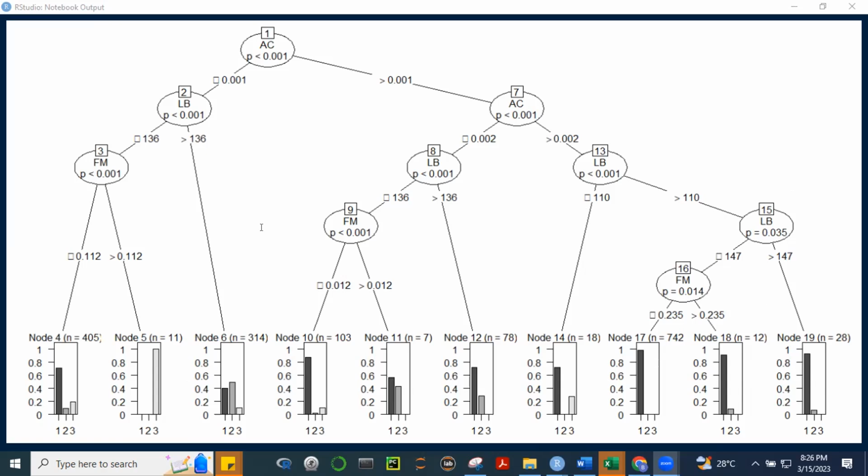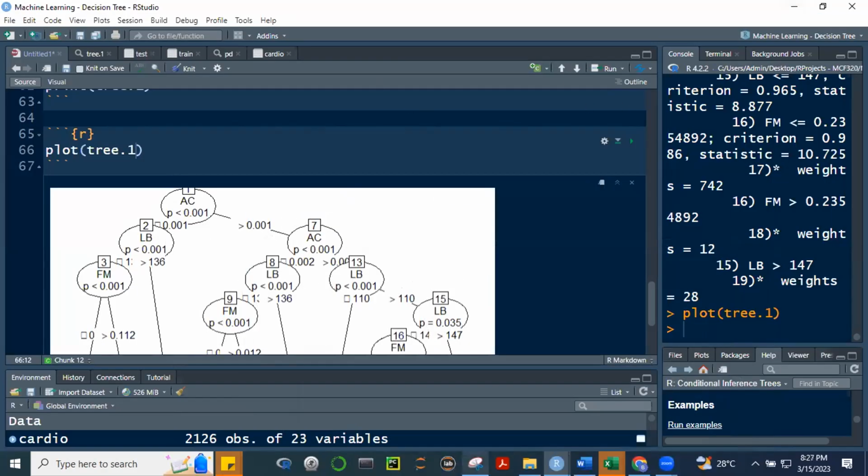All right. Any questions about this? Clear ba so far itong regression tree natin? Okay.